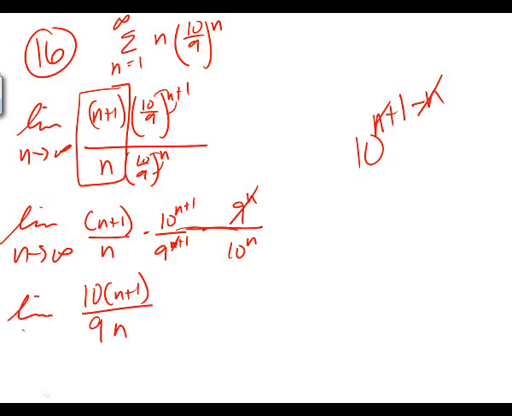9n. What do you notice about the exponents? They're the same. So what's my limit? 10 over 9, which is greater than 1. So let's see, this was the ratio test. When it's greater than 1, it